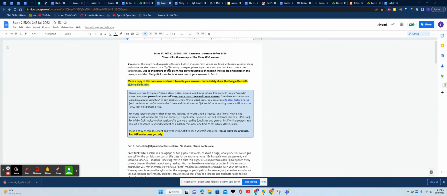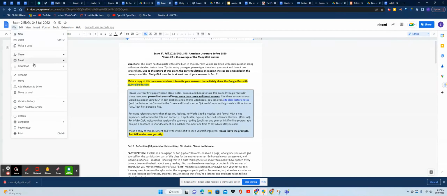That would be horrible. And I've had it happen when students post stuff like that incorrectly and go out of town. Your other option is you can go to File, Download, and use a Word document. I have Canvas set up to take a Google Doc link or a Word upload.